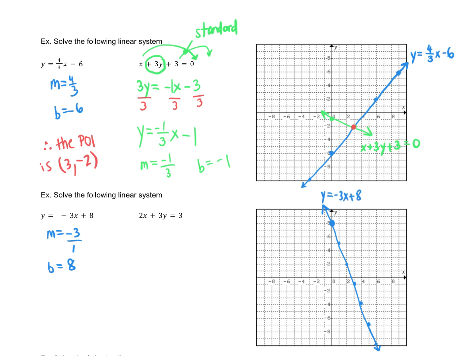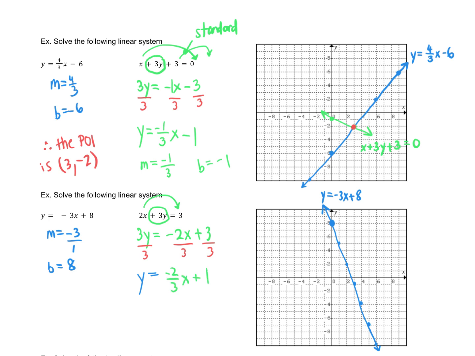And now for the next one, I need to get it into y equals mx plus b. So the 3y needs to be by itself, so I just need to get rid of the 2x. The 3 is already on the other side, and I like to put the -2x in front of the constant because that's where I normally see my slope, but it doesn't matter. You could also put it after the 3. It'll still represent the slope eventually. And now I'm dividing everything by 3, so I'll have y equals -2 over 3x,